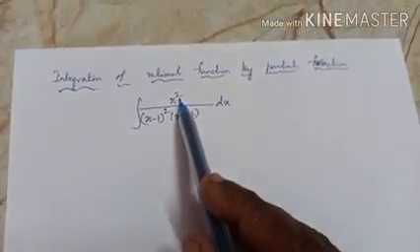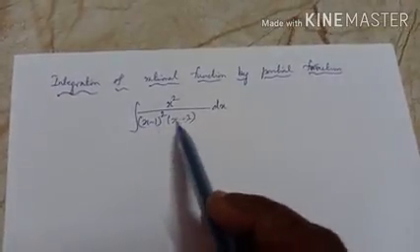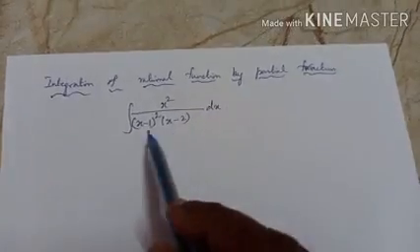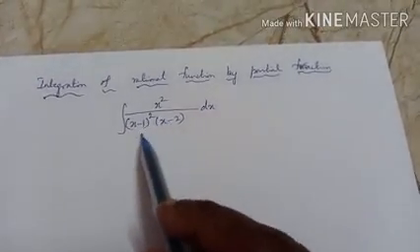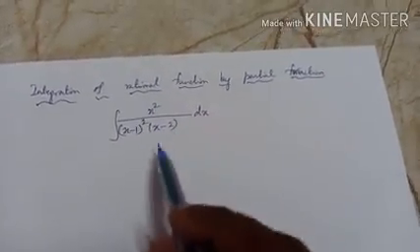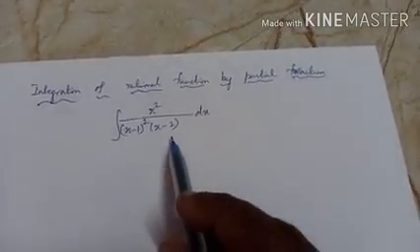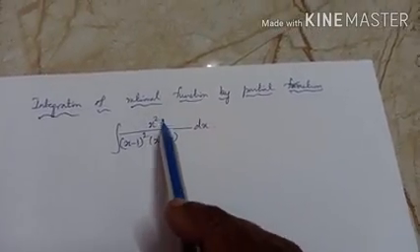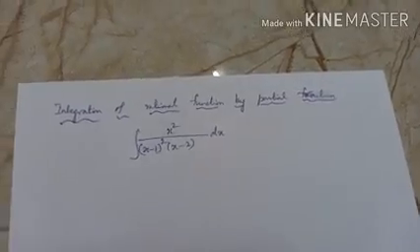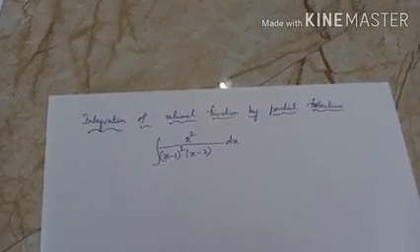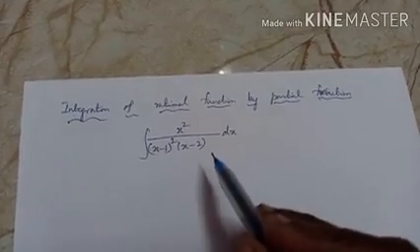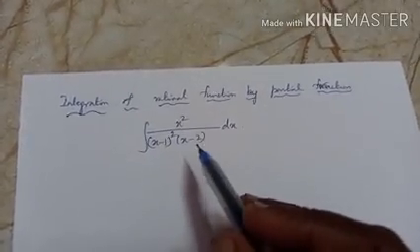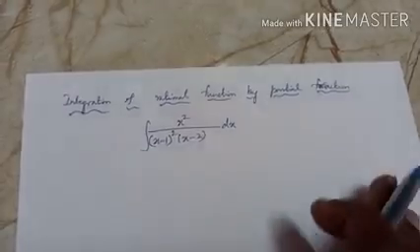The degree is 2. When you multiply after simplifying, using the (a minus b) whole square formula, it will become x cube something. So degree is 3. So numerator degree is less than the denominator. That is 2 is less than 3. Hence it is proper. So we can resolve this function by partial fraction and then we can integrate.